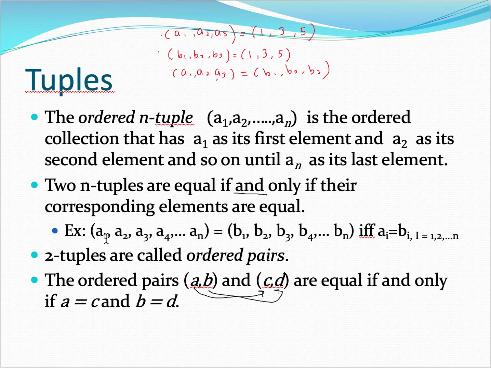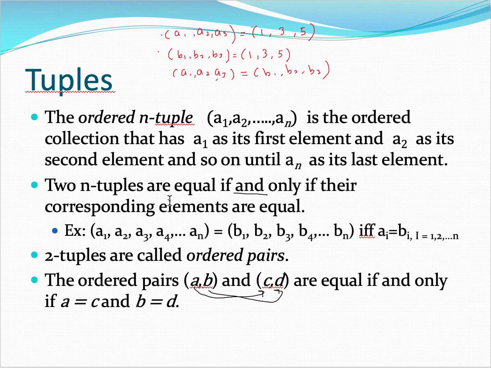So let's say here we have (A1, A2, until AN) and (B1, until BN): if and only if the value of A1 is equal to B1, A2 equal to B2, A3 equal to B3,